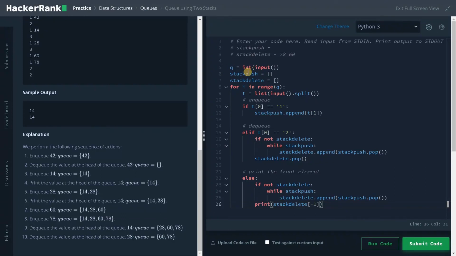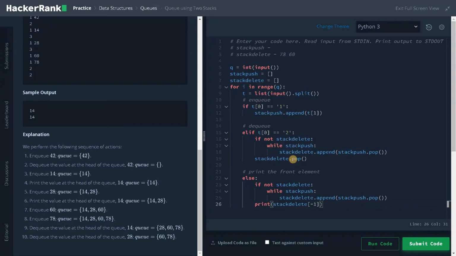First, I'm getting the inputs for the query, and using the loop, I'm iterating each query. I'm getting the query inputs using a list, and after that, I'm processing each query. For enqueue, I'll just push the element to stack push. If the query type is 2, that is dequeue, if stack delete is empty, we will just pop all the elements from stack push and push into stack delete.